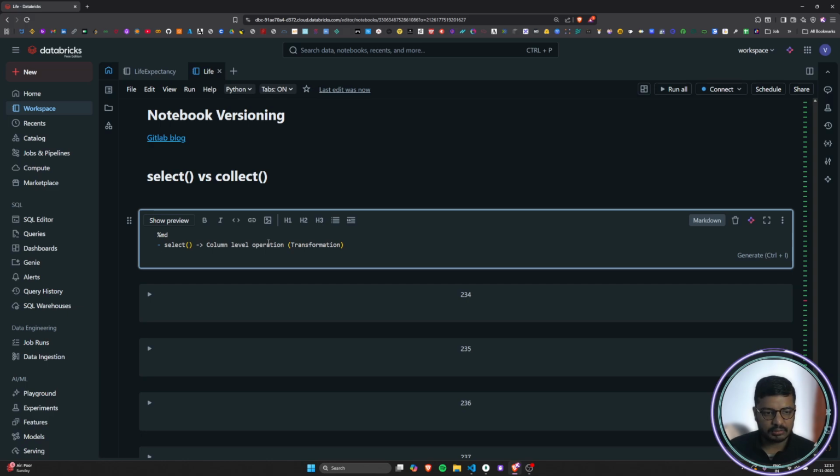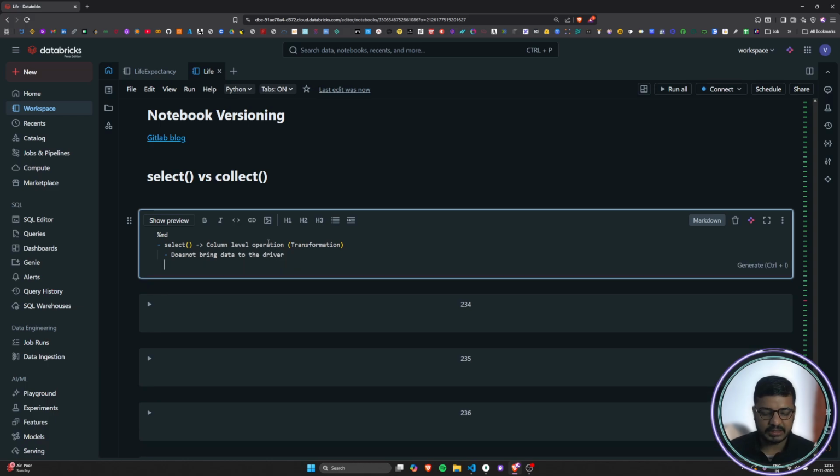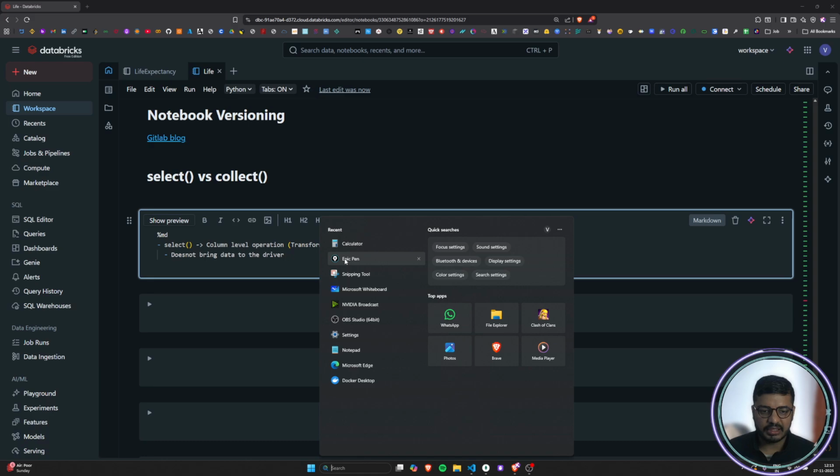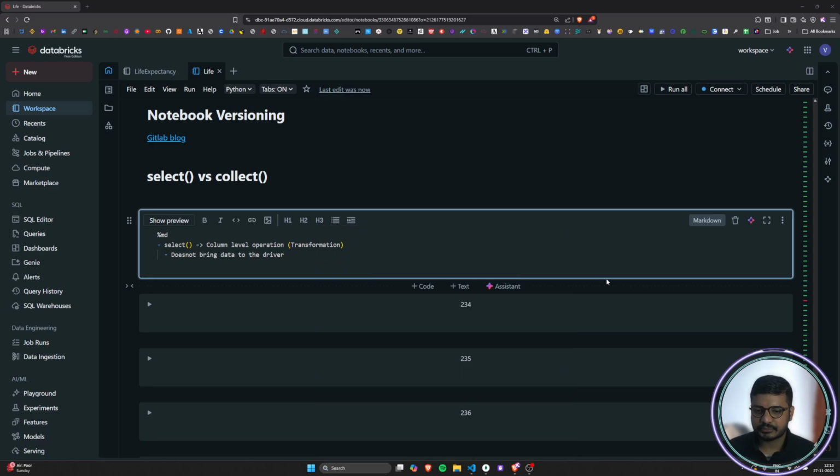If I talk about the select operation, it does not bring data to the driver. What this means is, if I talk about the Spark architecture,